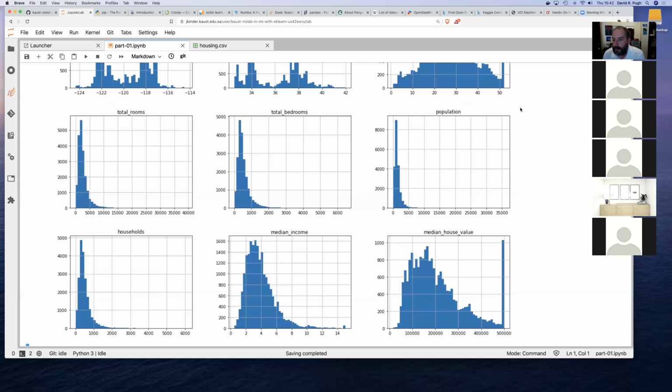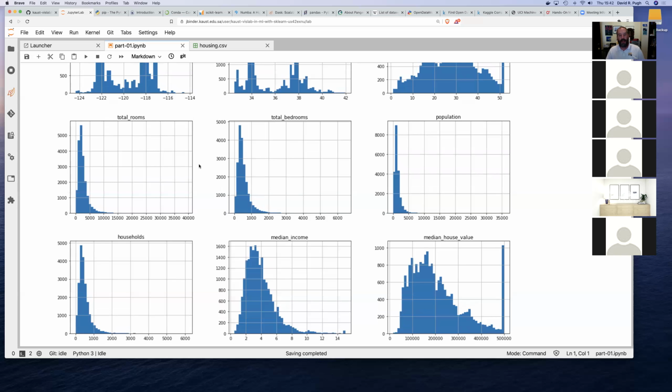And so someone from KFUPM, would you please elaborate more on similar scale? Sure. So what I mean by similar scale is